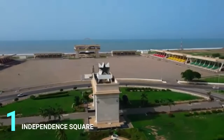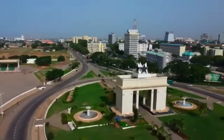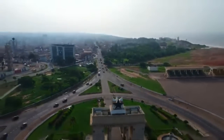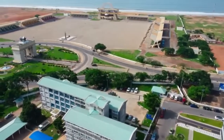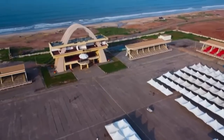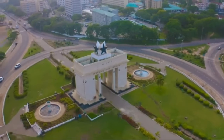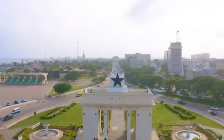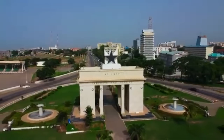Number 1. Independence Square. Independence Square, also known as Black Star Square, is a vast, empty expanse of concrete overlooked by spectator stands and a star-lined square. The square is dominated by an enormous McDonald's-like arch, beneath which the eternal flame of African liberation, lit by Kwame Nkrumah, still flickers. It stands empty for most of the year, except for special commemorations. Super churches sometimes get the authorization to preach here. Across the street stands Independence Arch,